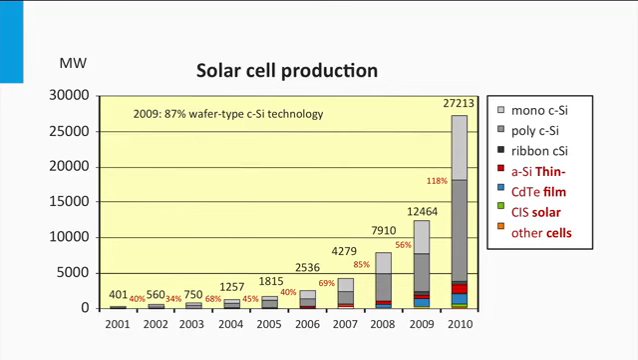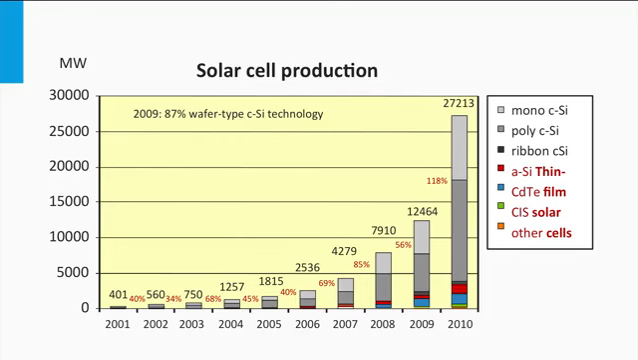Secondly, this graph shows how the various PV technologies contribute to the global module production. The gray colors represent the wafer-type crystalline silicon PV technology. As you can see, the crystalline silicon PV technology is the dominant technology and contributes to around 90% of the total module production. The inorganic thin film PV technologies like amorphous silicon, cadmium telluride and CIGS are responsible for the